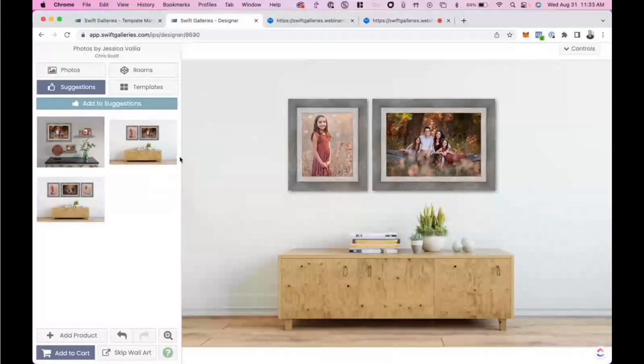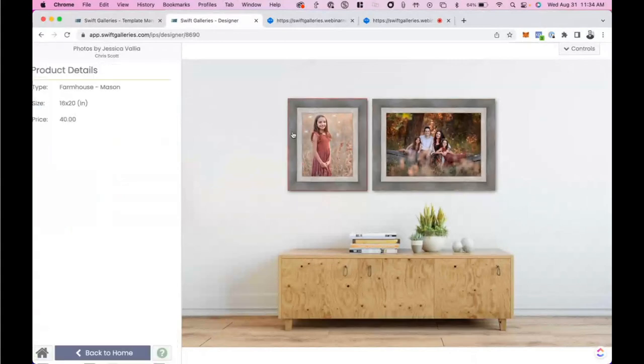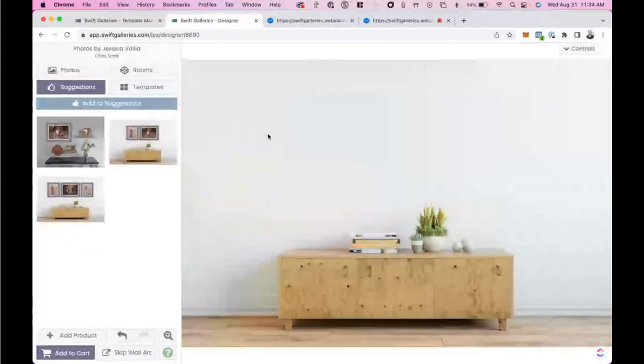So definitely do those pre-designs because you can save them as suggestions and they're right here. You don't have to play around in the software. You don't have to do any of that. If they say they love it, then you can just hit add to cart and you move right on, right? So, okay. If, however, they want to design some stuff, or you want to do some stuff in real time